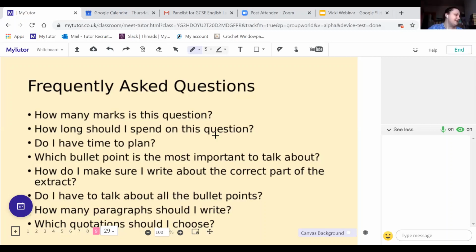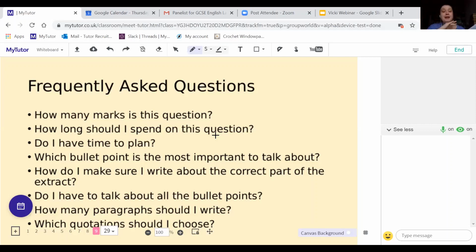So occasionally, students will be given a text. For example, you get your insert. This is something completely different, but you get your insert and you're told to look at lines 12 to 24. Now, some of you might choose to just annotate your insert. That's completely fine. The nice thing about paper 1 question 2 is they print out the extract on the answer page for you in your answer booklet. So you can see it in front of you.